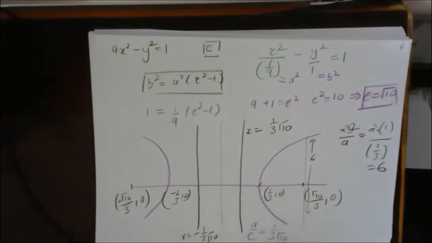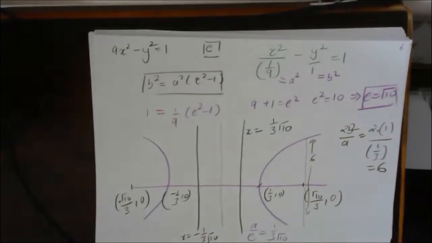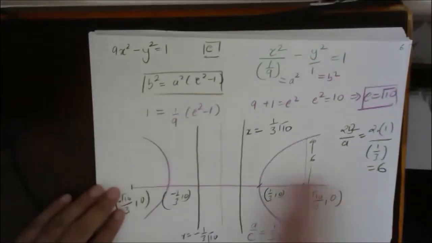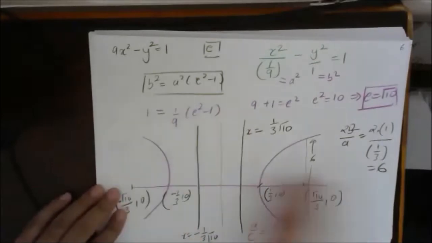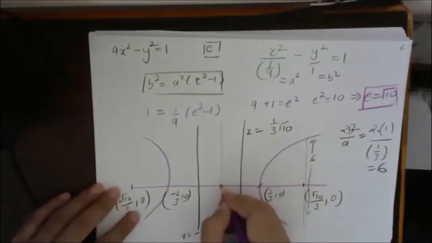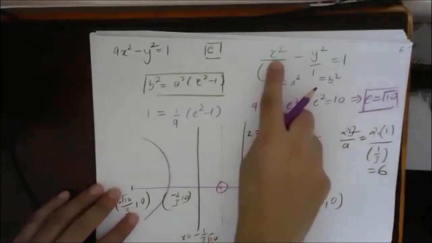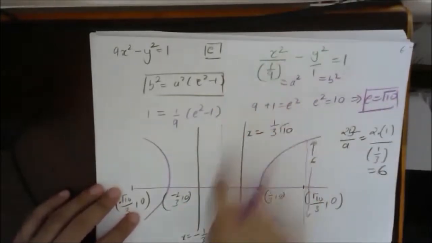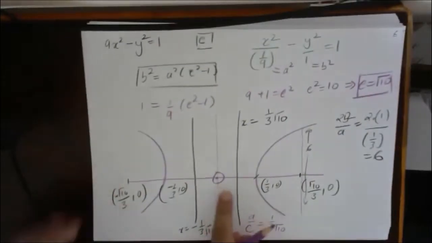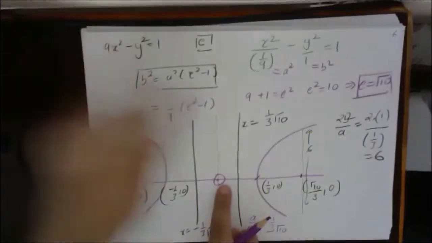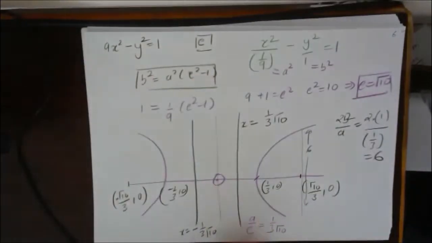Understood? Plus minus 1 by 3 root 10. This is okay? Fine. Now see, in your exams, especially JEE, they will not ask anything except when the transverse axis of the hyperbola is parallel to the x or y axis. Only the center will change; instead of this x, we will just write wherever the center is translocated. Rest everything will be the same.